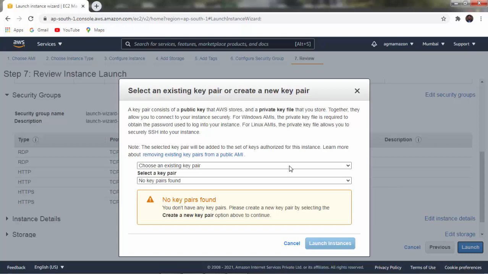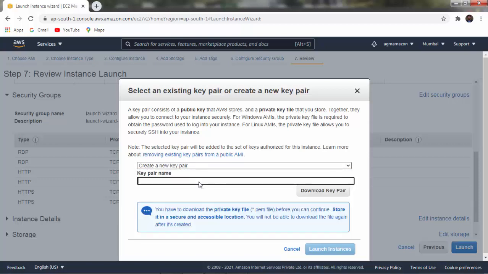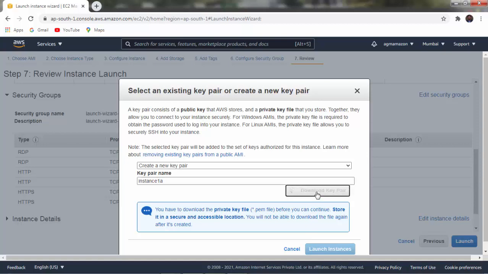Once you click on launch, at that time you have to select an existing key pair if it is available. If it is not available, then you can create a new key pair also. You just create a new key pair. For example, the new key pair is instance 1A, and then download key pair.